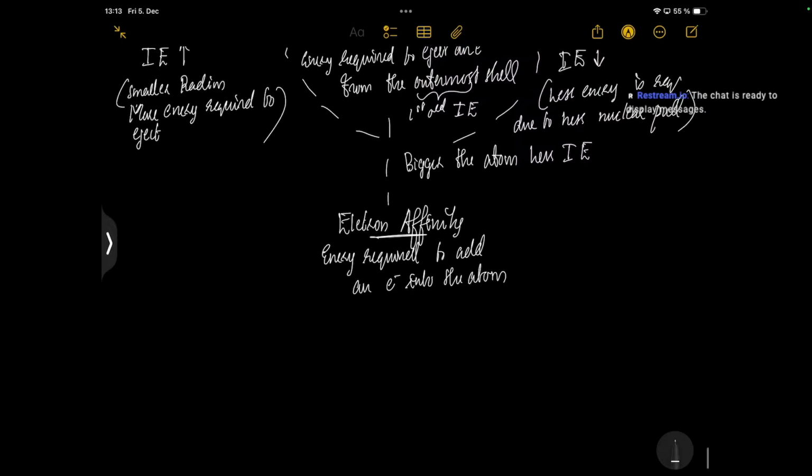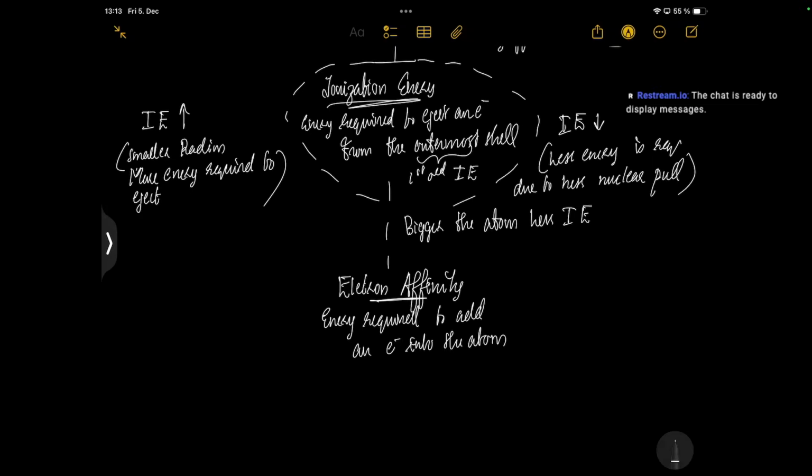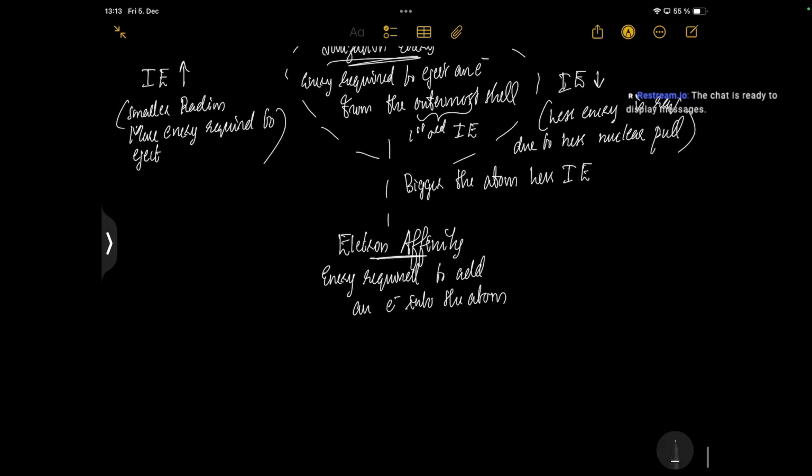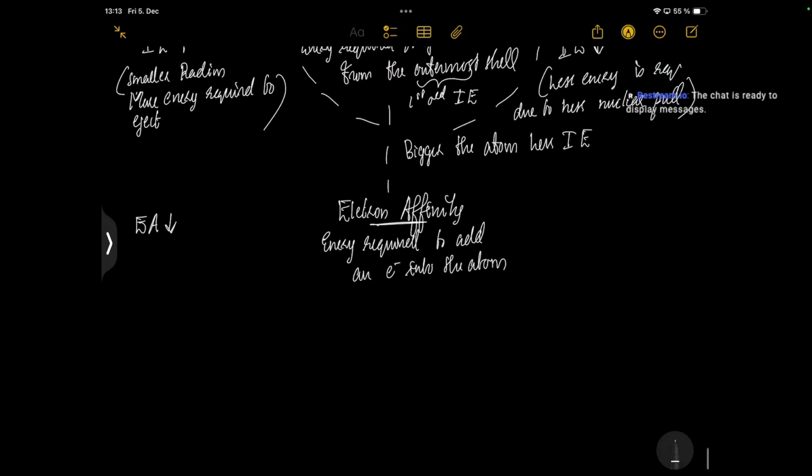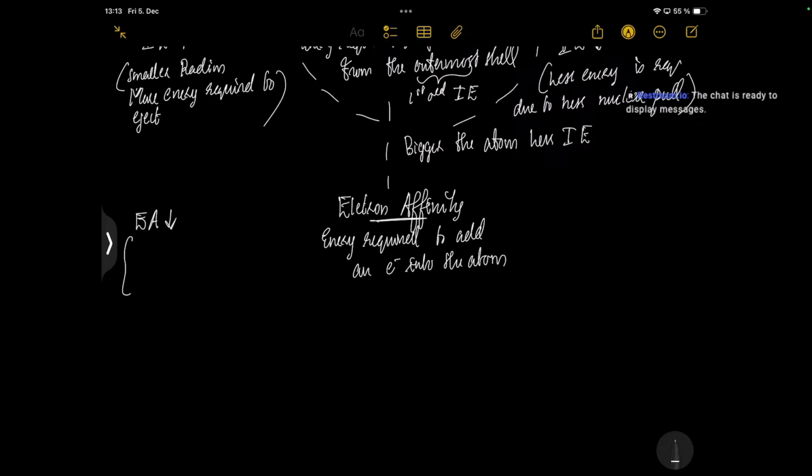So that's going to show the opposite reaction compared to ionization energy. For example, electron affinity is lower for smaller atoms because